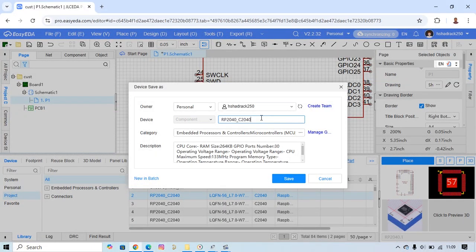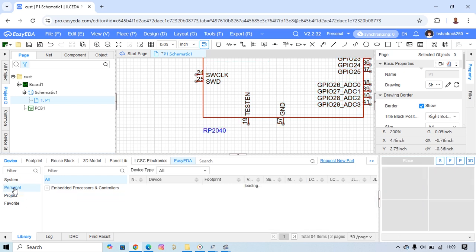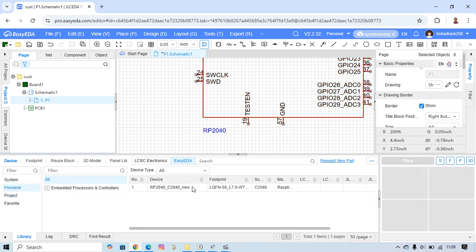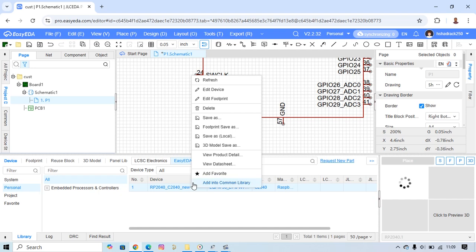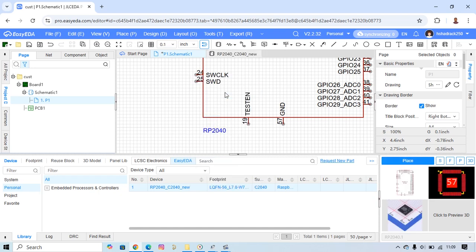Put P or new, it's okay, and then save. You see successful, and then you go to the personal. Already it is coming here, and then what you have to do, you go to edit device,